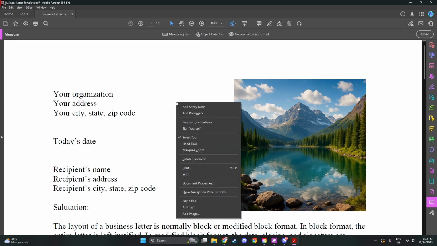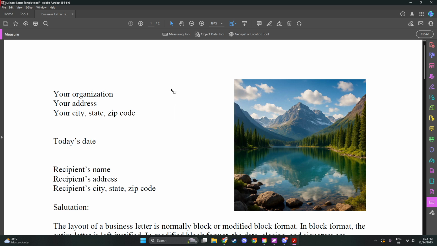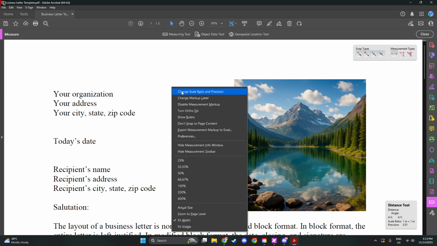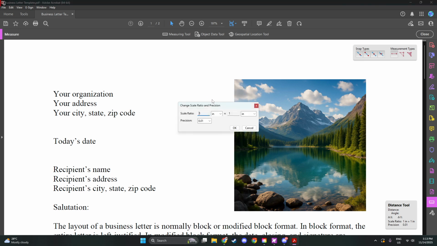Once you've selected that option, a dialog box will appear, aptly named Change Scale Ratio. Here, you'll enter the scale by defining the measurement units in your PDF alongside their real-world equivalent. For instance, if the drawing indicates 1 inch, but it represents 10 feet in the real world, you would input these values accordingly. This helps Acrobat Pro calculate measurements based on real-world dimensions, which is very useful for ensuring accuracy